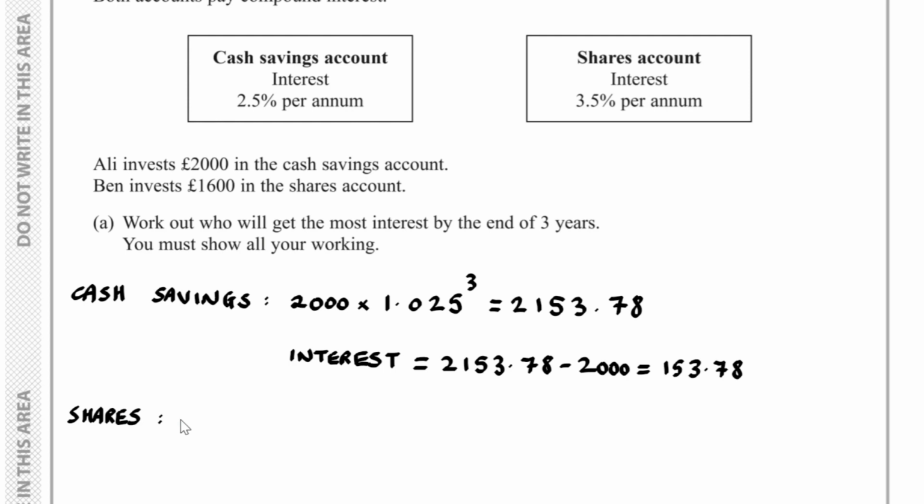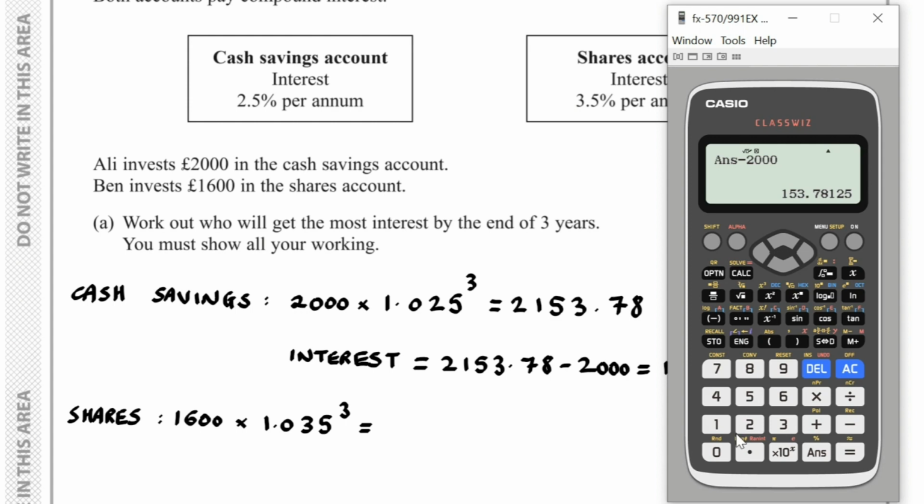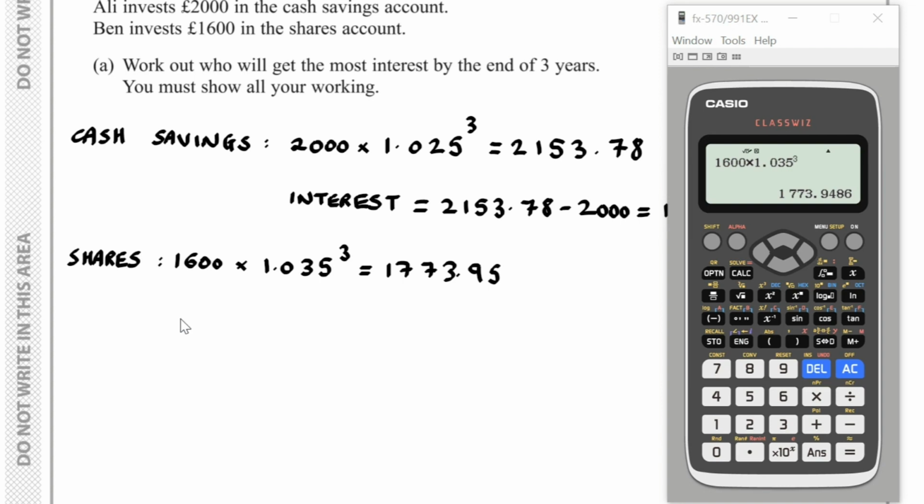shares account, I've got £1,600 and my interest rate is 3.5% per annum, so my multiplier is 1.035, and I raise this to the power of 3. So if I work out how much I'm expecting to get at the end of 3 years, that would be £1,773.95. And so the interest